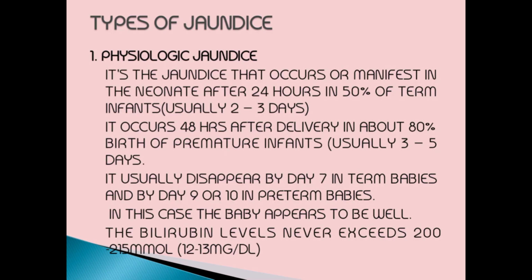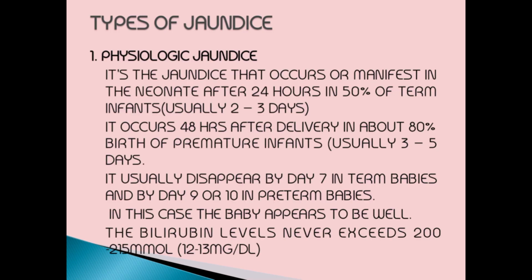So in this case, the baby appears to be well. So the bilirubin levels never exceed 200 or 215 micromoles, or we can say 12 to 13 milligrams per deciliter. So you need to understand, if you are asked to talk about the characteristics of physiological jaundice, talk about the